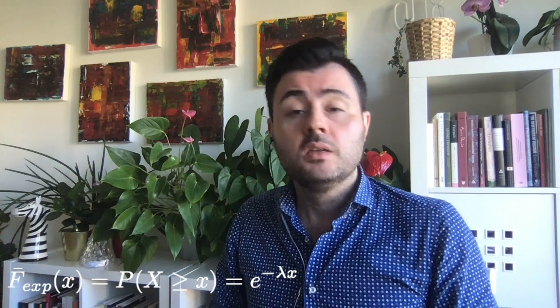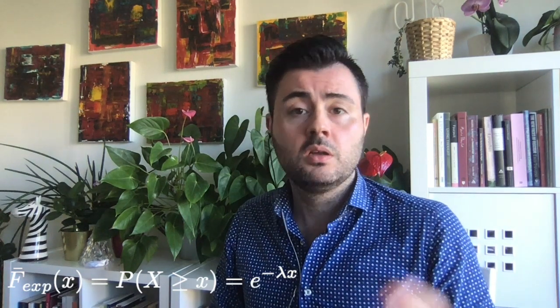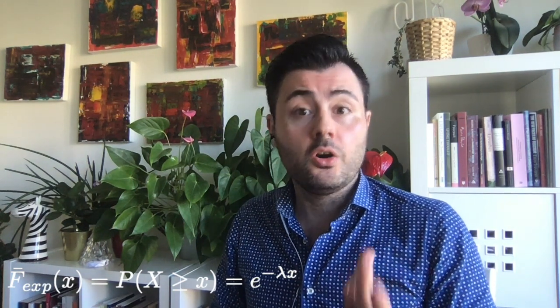So let's say that we consider an exponential tail. So we are considering an exponential random variable, which is a random variable that you for sure know, and we consider the survival function of an exponential random variable. Now, an exponential random variable of parameter lambda has a survival function as the one that you see on your screen.